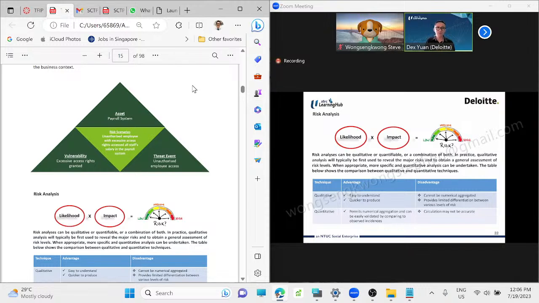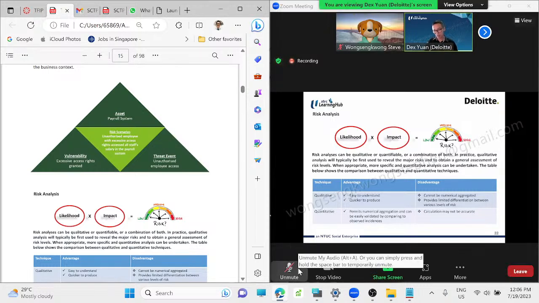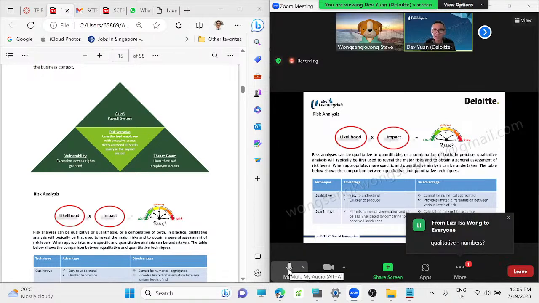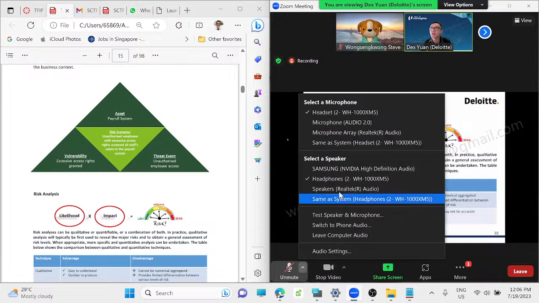So what is qualitative risk assessment? Anyone knows? What is qualitative? Quantitative means number. So what is qualitative? Okay, my mouse is pointing at qualitative. Anyone heard about this qualitative risk assessment before? Oh, okay, so Lisa put qualitative. Okay, so